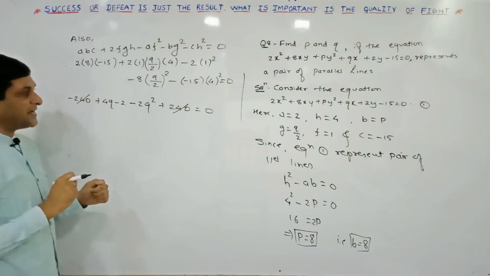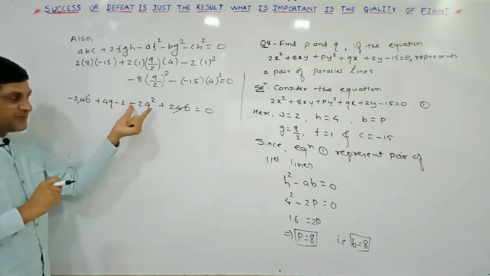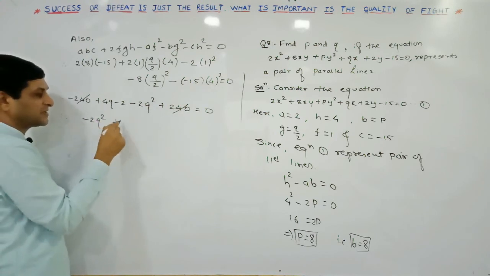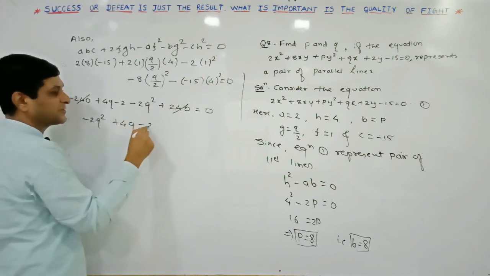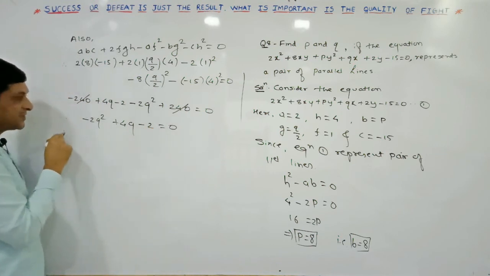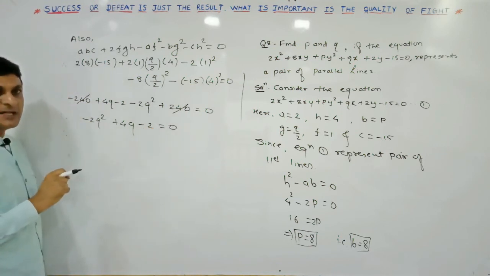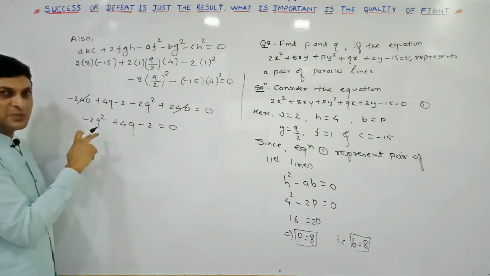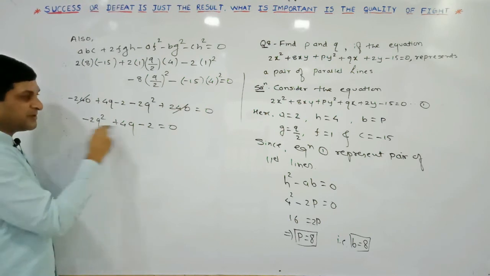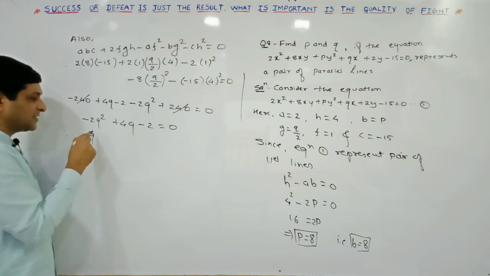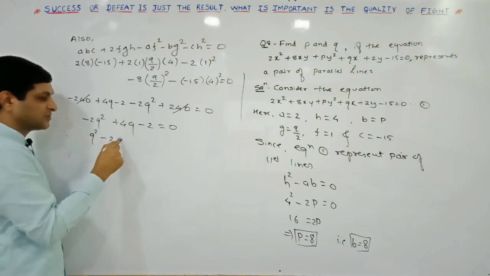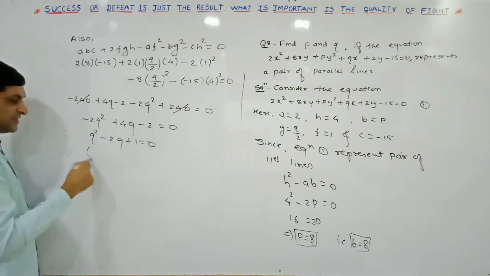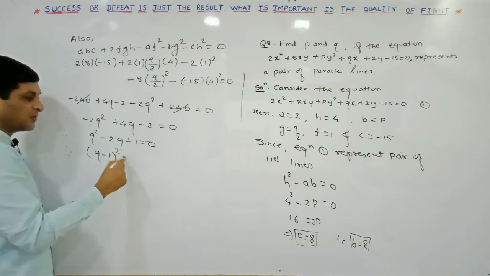where whenever we are writing quadratic equation in standard form, first write down the term of q square, that is minus 2q square, then write down the term of q, 4q minus 2 is equal to 0. We can observe that all the terms in this equation are divisible by 2, but I am dividing by minus 2 so that coefficient of q square should be positive. If I am dividing both sides by minus 2, so here we will get q square minus 2q plus 1 is equal to 0. So therefore, this can be written as q minus 1 whole bracket square.